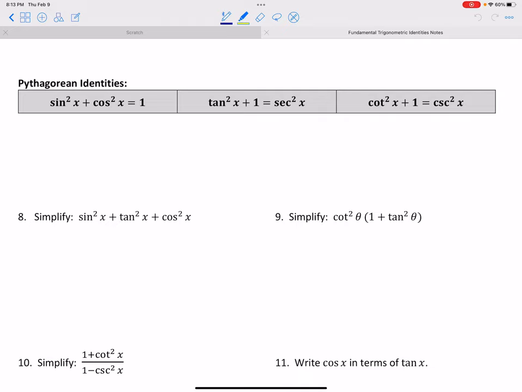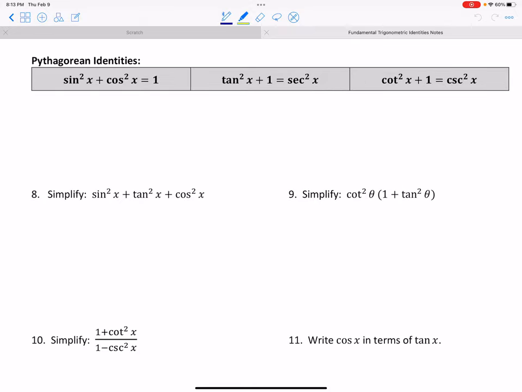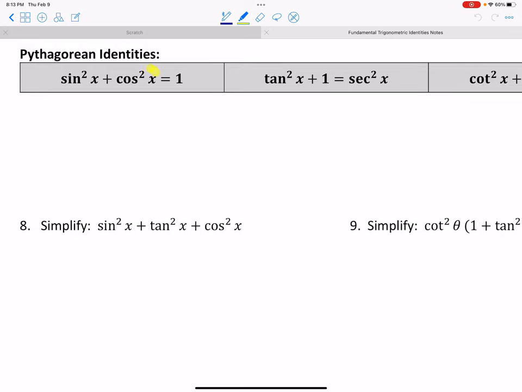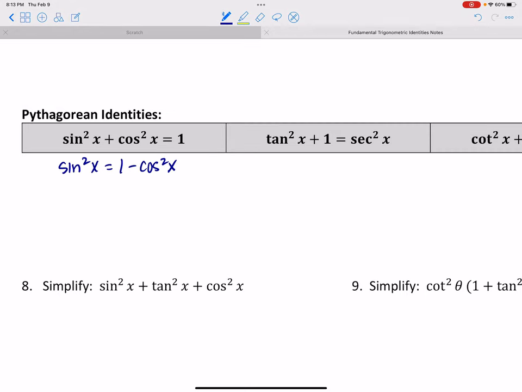Now I want to point out also that there are alternative forms. If sine squared x plus cosine squared x is equal to 1, I could subtract the cosine squared x over and get an alternative form, and say that sine squared x has to be equal to 1 minus cosine squared x. And also, so many things to say. When I say sine squared x, and I mentioned this one in class also, this is the quantity sine x being squared. Okay? This is not the same as the sine of x